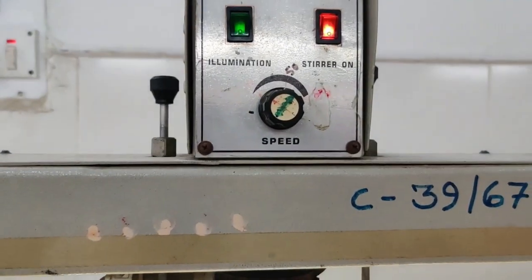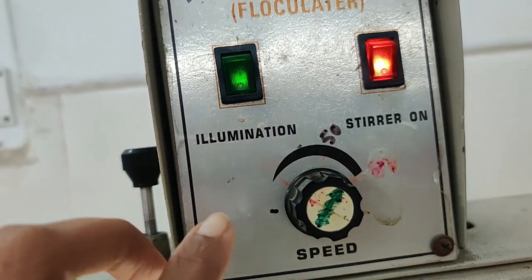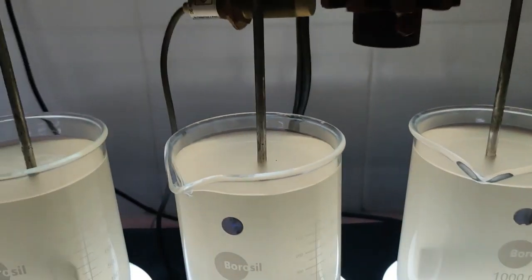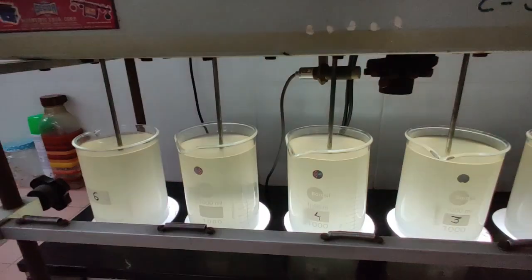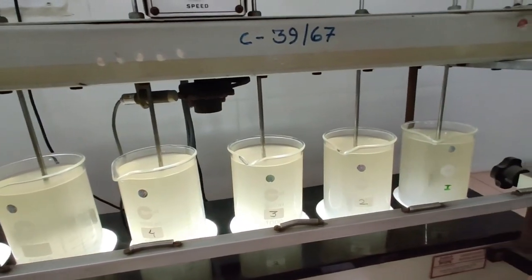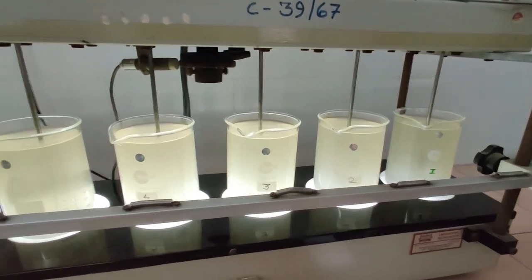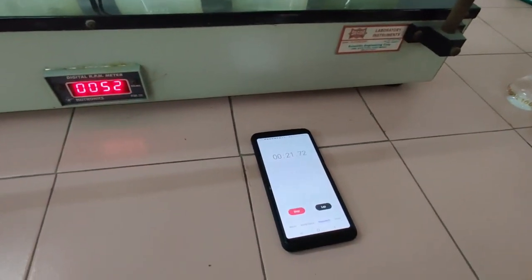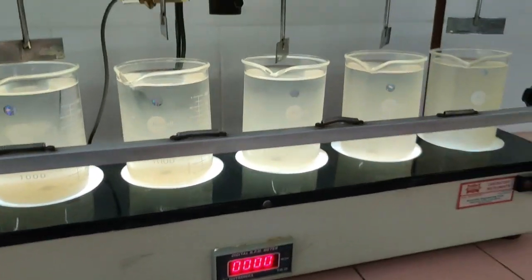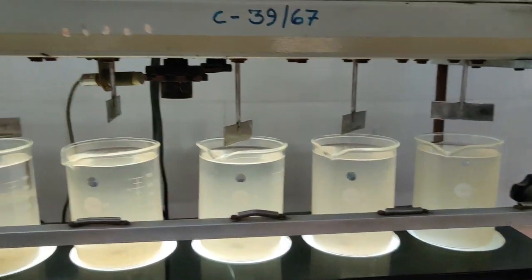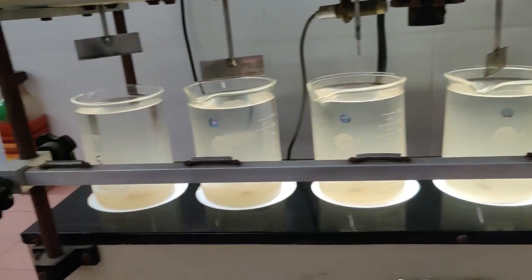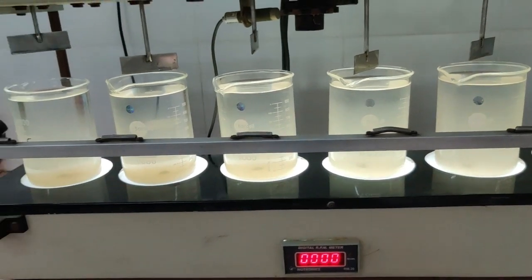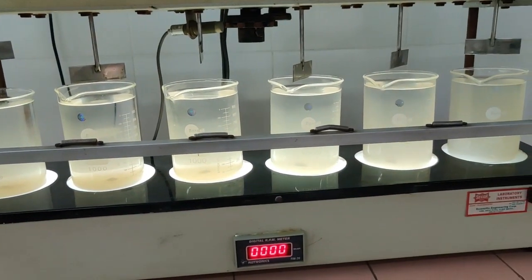After 30 seconds, we have set this to 30 rpm and now we need to wait for 15 minutes. After 15 minutes, we have stopped the mixing and kept everything in idle condition. We will do this up to 20 minutes.